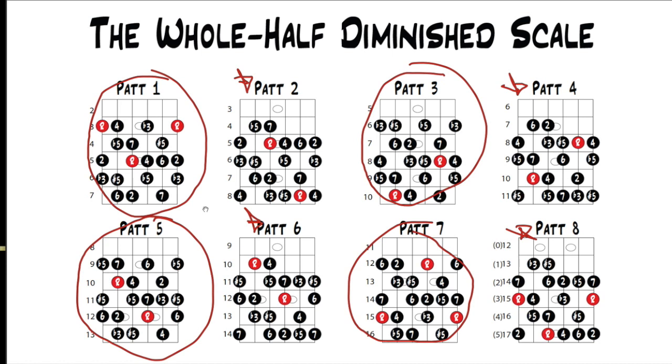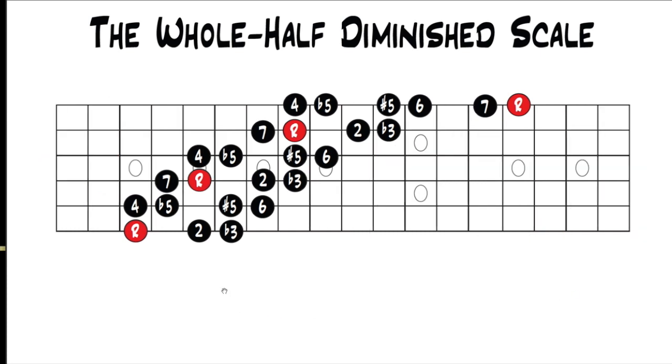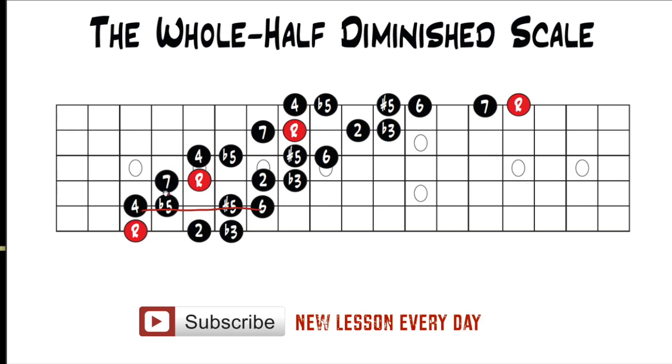So that's one way you could break the scale up into patterns. Another thing you could do, which is really common with the scale, is play it more horizontal. So instead of really breaking it up vertically, you could just take one long pattern horizontal. And a really common way to do that is to go just root, 2, flat 3 on the 6th string, and then drop down to the 5th string towards the floor and go 4 notes per string. So then you go 4, flat 5, sharp 5, 6, and then just repeat that over and over again. 4 notes per string, and you can see it just drops down in the same spot each time,